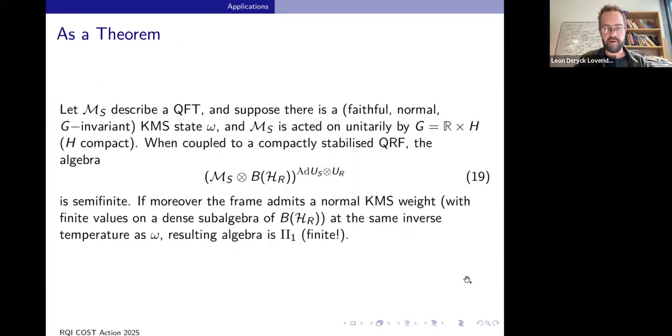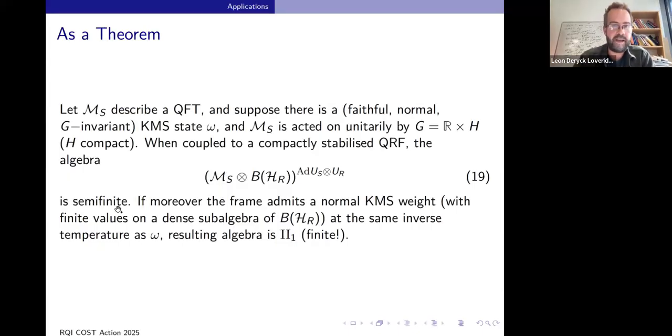So I'm going to state this as a theorem, and then I'm going to explain exactly how it works in the CLPW model, which is slightly more obvious. So the statement of the theorem is, if we have a quantum field theory, with a KMS state acted on by G, which is just R across a compact group, and we couple it to a compactly stabilized quantum reference frame, then the invariant algebra of system plus reference frame